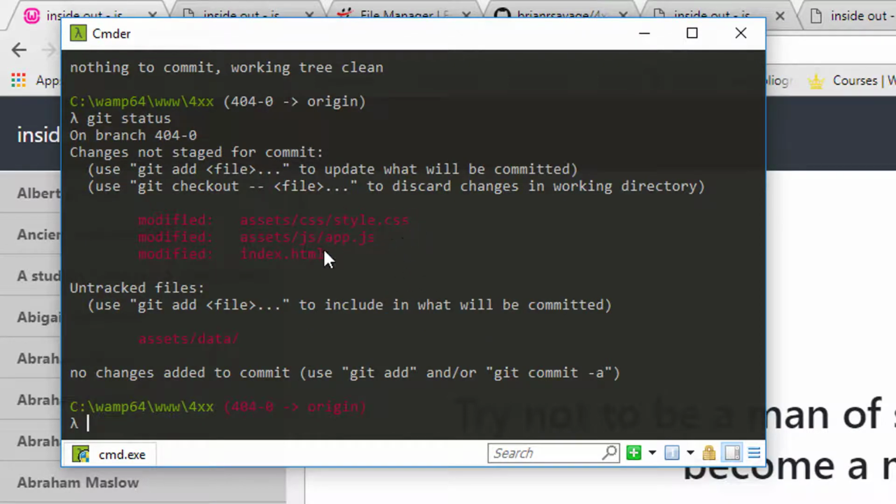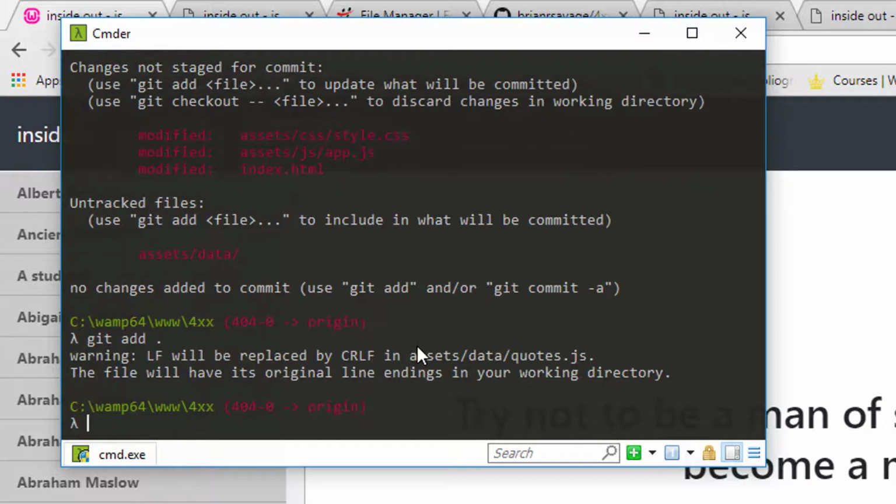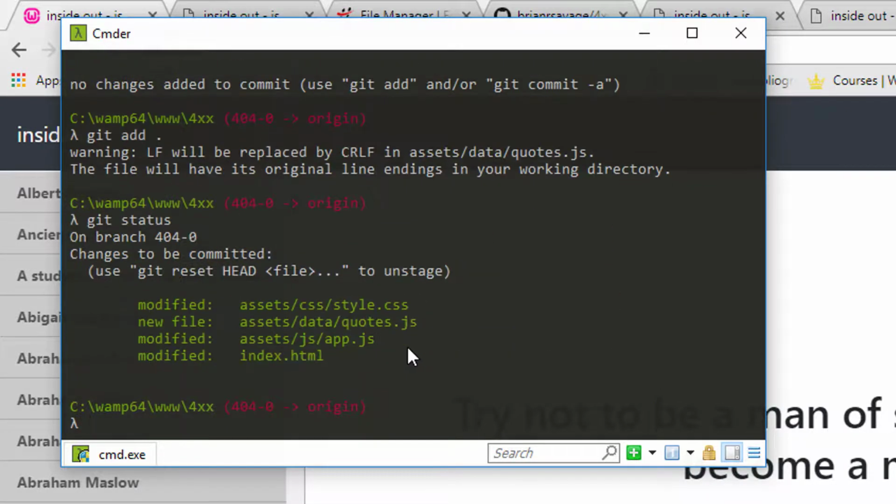We see that our styles have changed, and we see that there was a folder added with a file in it. So we'll do a git add, and we'll just say all with that dot, and we'll do another git status, and we can see that now our quotes is in there, everything is in there that we wanted. So we'll do git commit -m, and we'll put inside of it